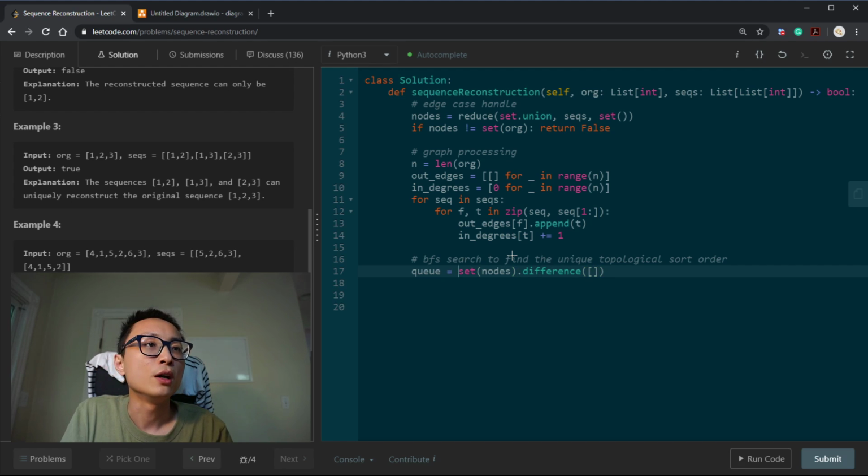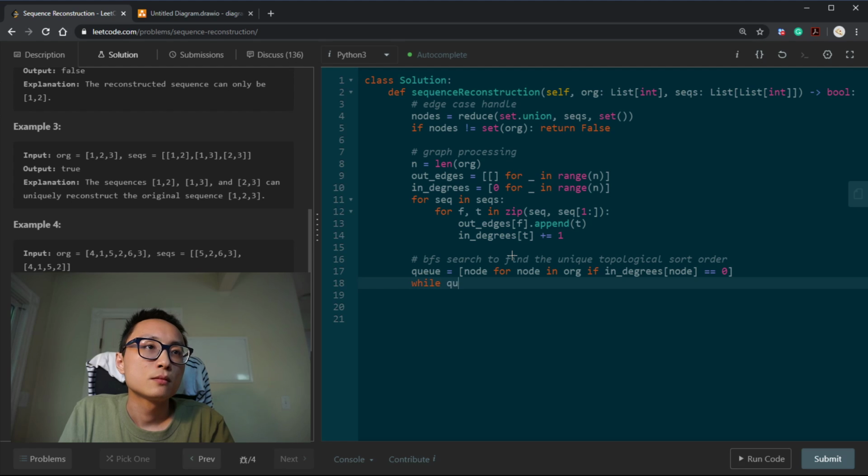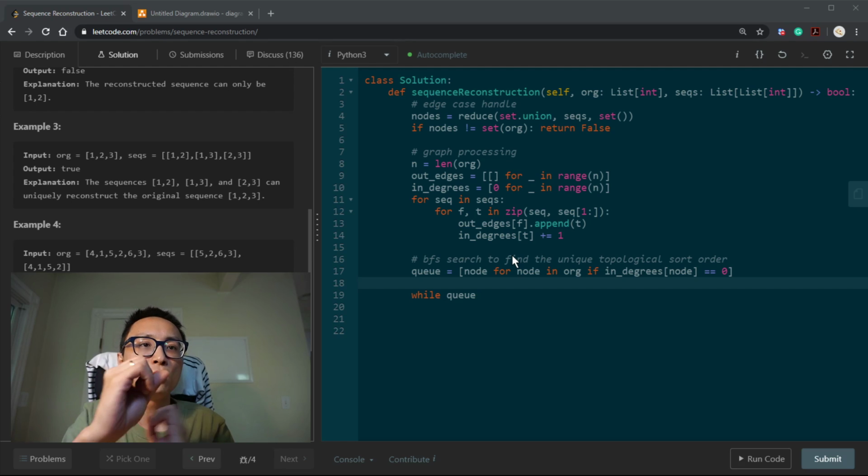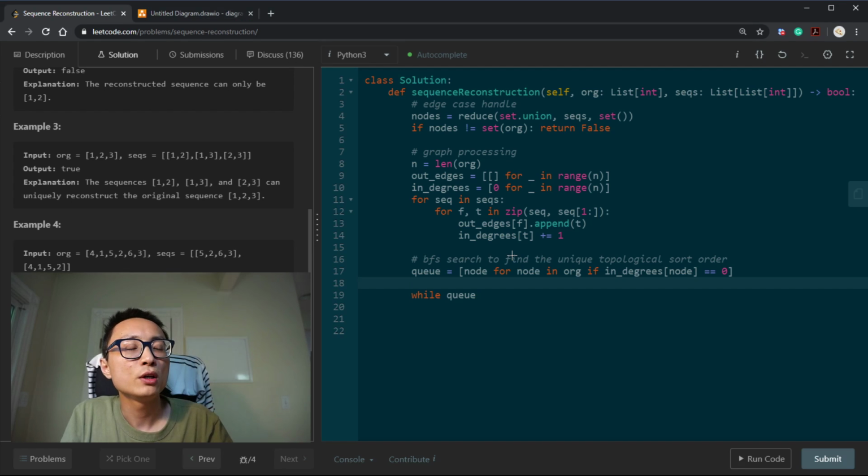Let's just do a list comprehension: node in, if node not in. We can do a simple test. If we have multiple nodes in the beginning, we can do that in the loop.